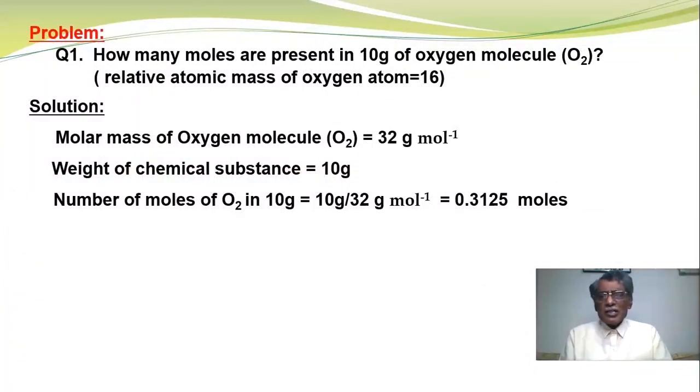Now let us consider this problem. How many moles are present in 10 grams of oxygen molecule O2, given that the relative atomic mass of oxygen atom is equal to 16? Now when you consider the molar mass of oxygen molecule O2, that becomes 32 grams per mole, because O2 has 2 atoms of oxygen. Weight of chemical substance is equal to 10 grams. Then the number of moles of oxygen is 10 grams by 32 grams mole inverse,